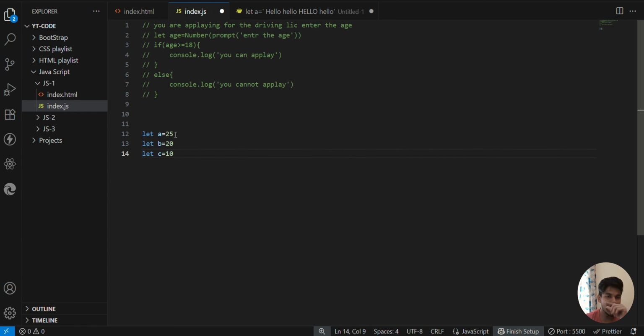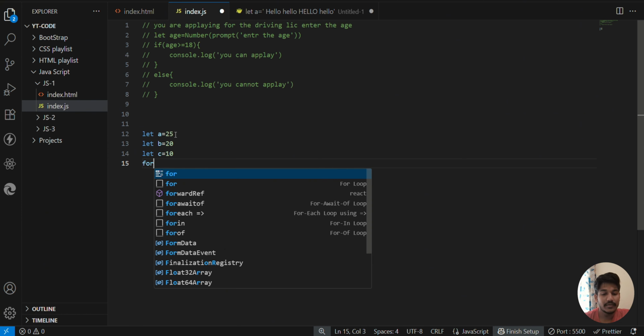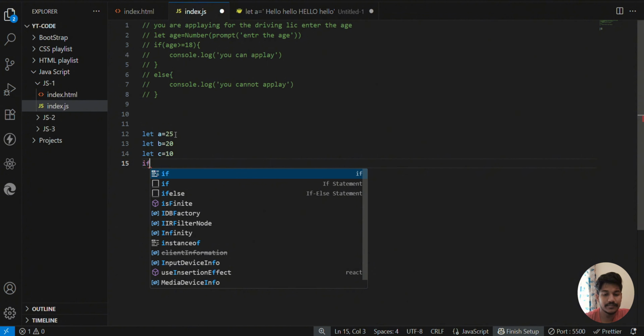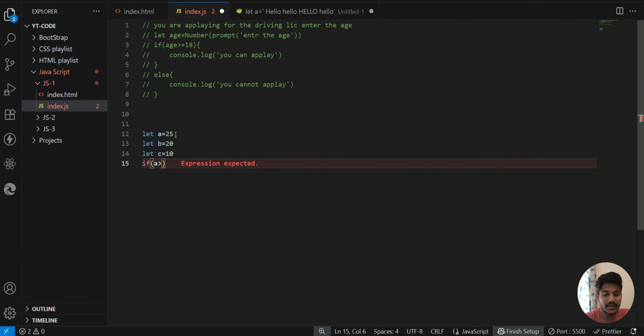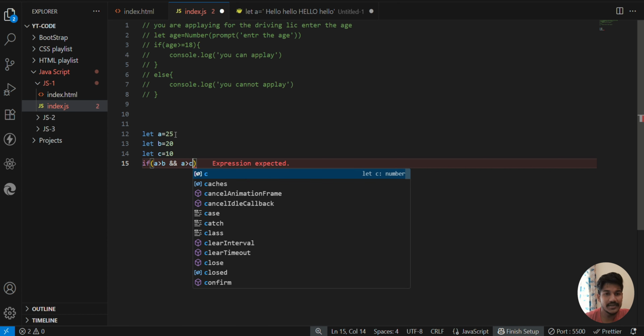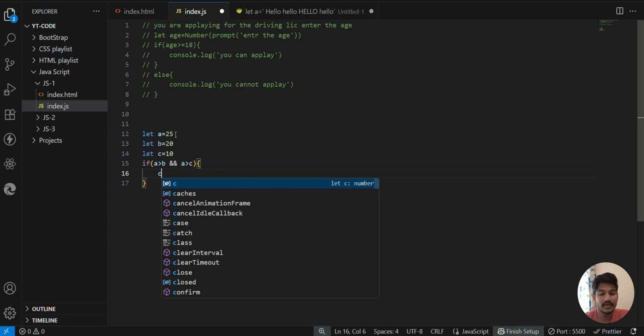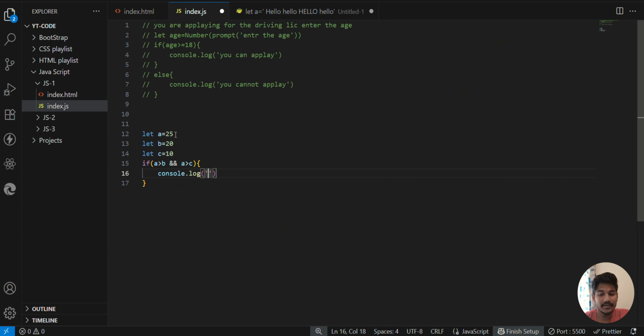Okay, we have three data: 25, 20, and 10. If A is greater than B and A is greater than C, because here A needs to be checked with B and C, then only we can say A is greater. Okay, then A is greater. Then else if